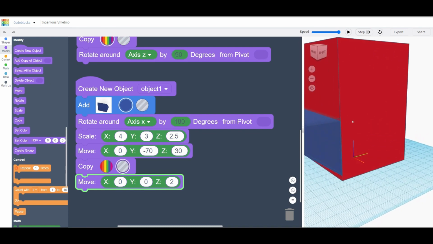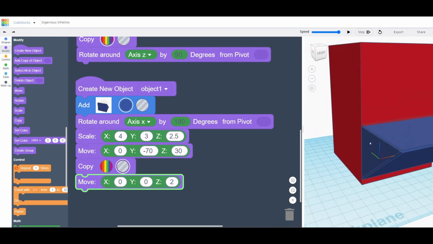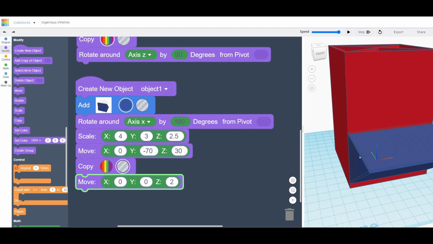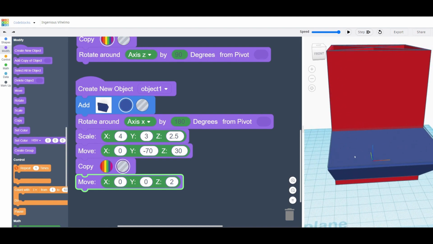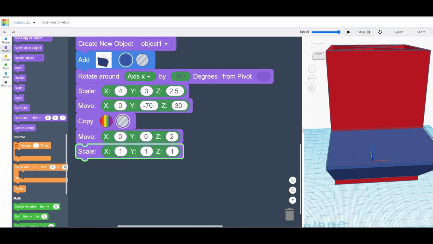However, the problem is that our hole is overlapping with the sides. This will mean that while we can put stuff in, it will very easily fall out. So this will be the next thing that I will remedy. In order to fix this problem, I will drag in a scale command, and I am going to set the scaling of the X to 0.98. If I hit play again,